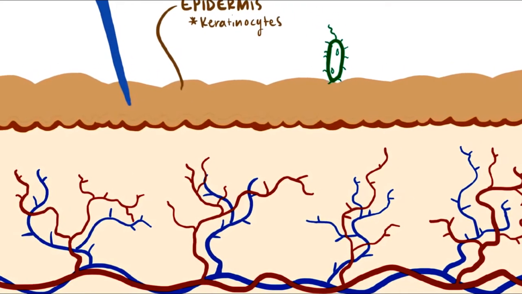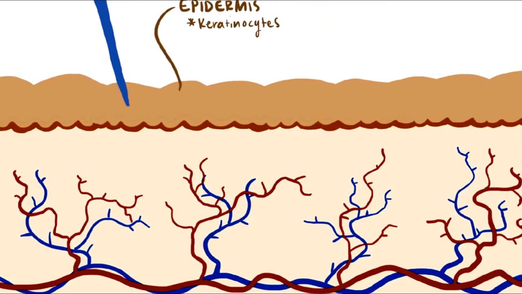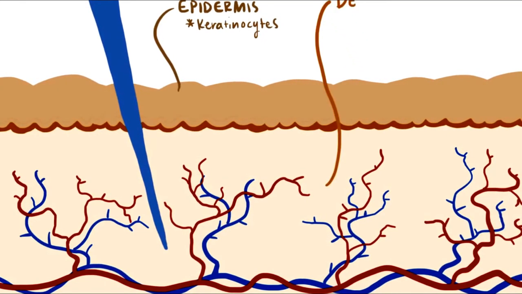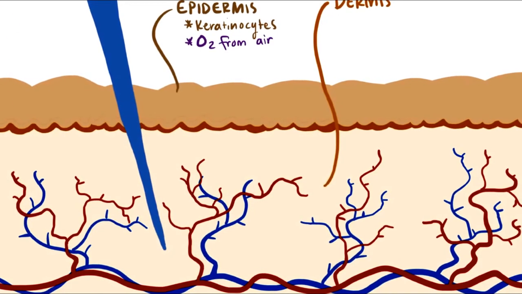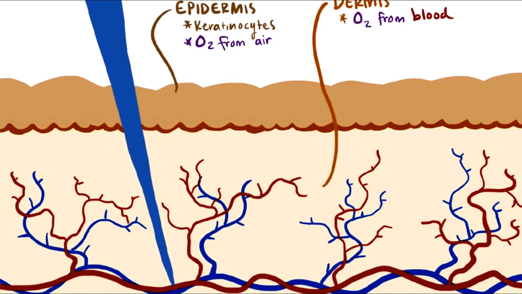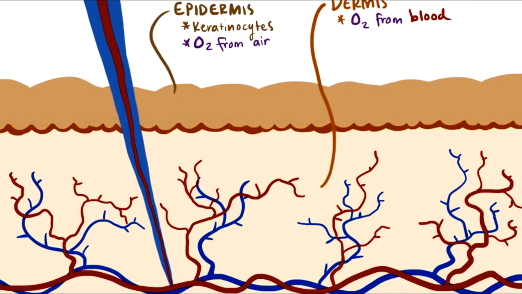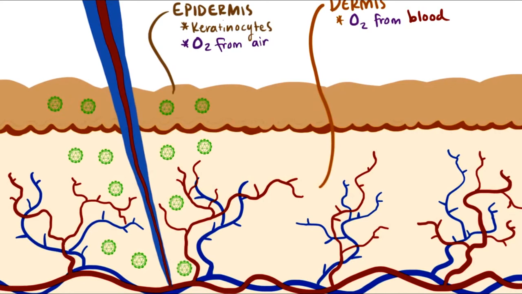Keratinocytes basically serve to protect against foreign pathogens, and they're typically pretty good at that. That proboscis, though, keeps going into the dermis, since the epidermis just gets oxygen from the air and doesn't have its own blood supply, whereas the dermis does. And this is what our mosquito's after, right? The blood meal. Since the proboscis goes through both the epidermal and the dermal layers, the cells in those layers are susceptible to infection by the Zika virus.